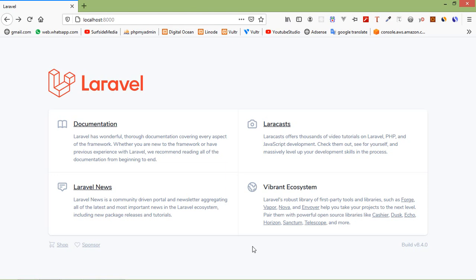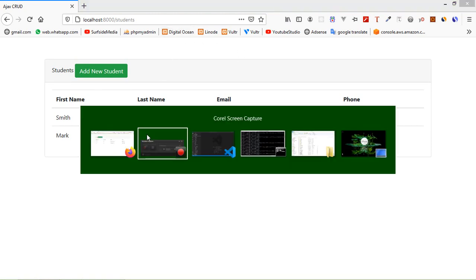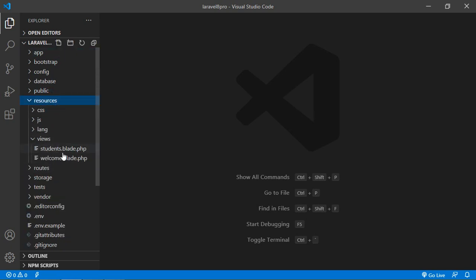In this video, we are going to learn about update record using Ajax. In the previous video, we have seen the insert record into database table using Ajax. Now let's see how we can update a record using Ajax in Laravel 8. So for that, switch to the project and just open students.blade.php. Just go inside the resources and open